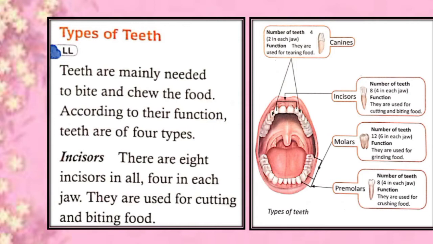Incisors are located in the front part of your mouth. As you can see, you have 4 of them in your upper jaw and 4 in your lower jaw. The shape of incisors is like a small chisel, and they have sharp edges that help you bite into food. Whenever you sink your teeth into something such as an apple, you use your incisor teeth.